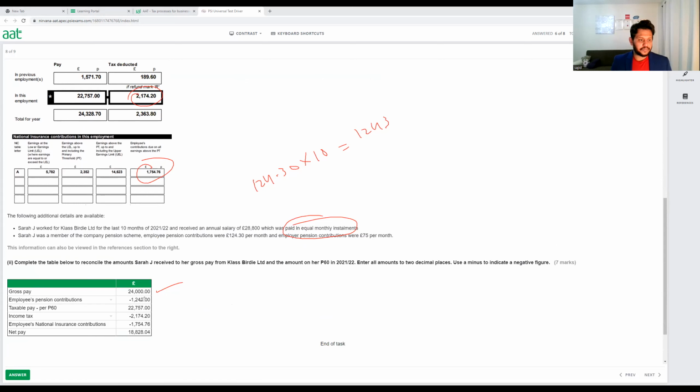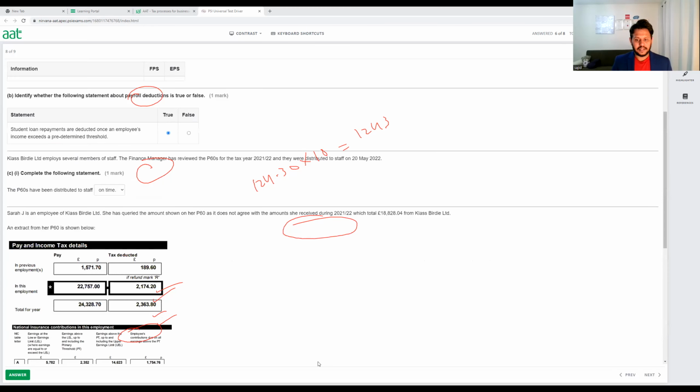So for that reason, you might be confused, like, oh, I earn more, why is my net pay this? So here, the gross pay is 24,000, the employee pension contribution 1,243. So taxable pay is basically 22,757. From here, she paid the income tax and the national insurance. So that's why the net pay is showing 18,828. And that's the one we can see. It shows on the